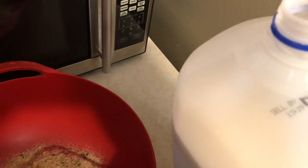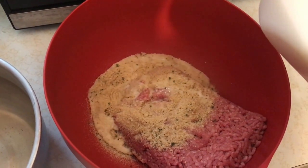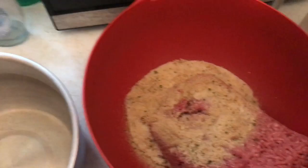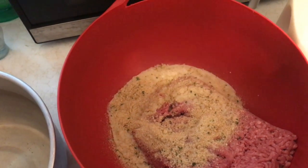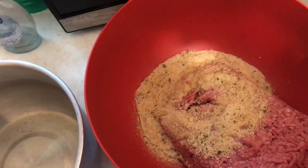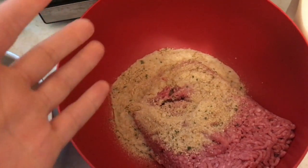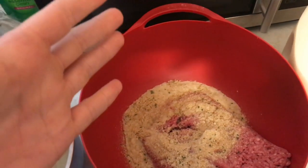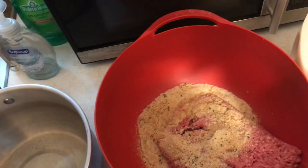Then I'm going to take the milk and pour in some milk. That's good. I want to say that's about a 1/4 cup. You don't want to have too much milk. You just want to have a little bit to help bind. I really need to go grocery shopping. I should be adding an egg to this. Definitely, if you're doing this at home, add in an egg because it'll help bind everything together, but I don't